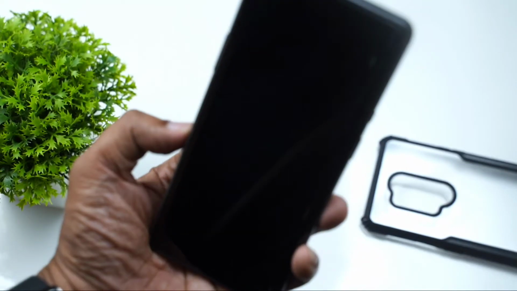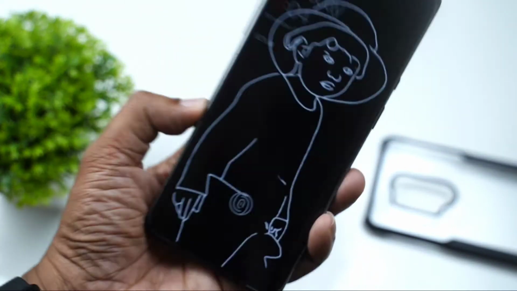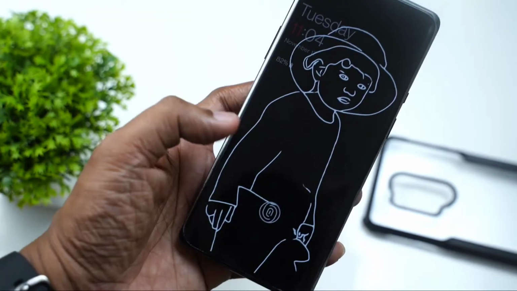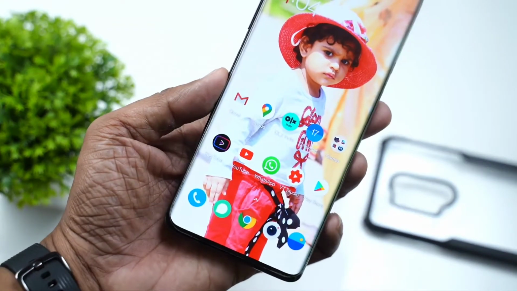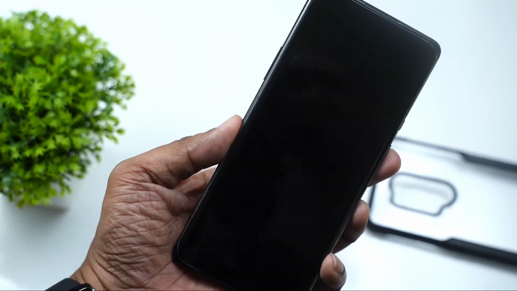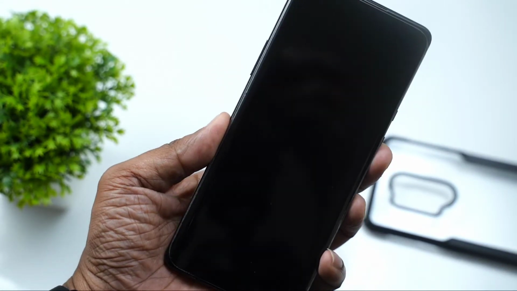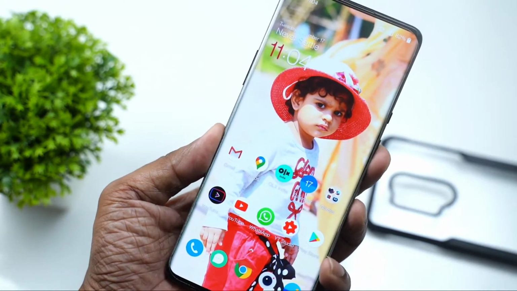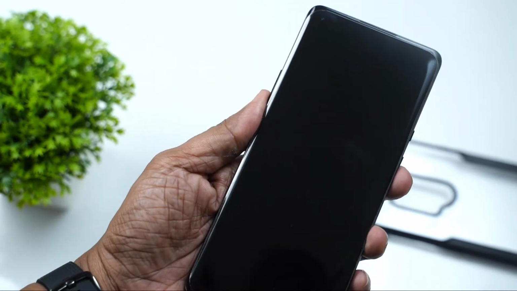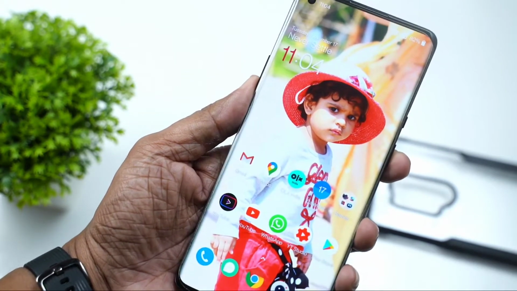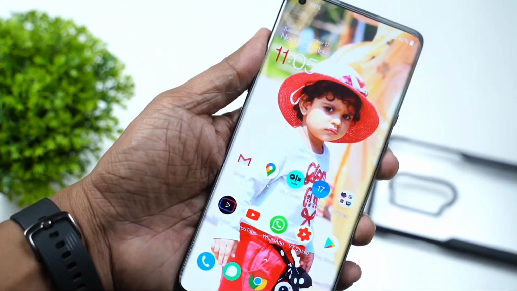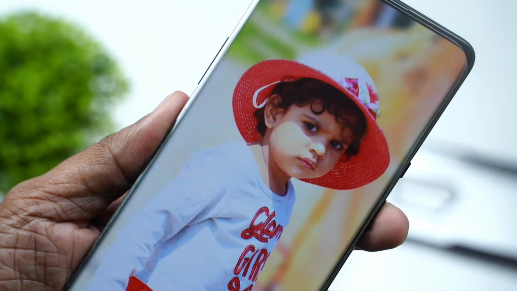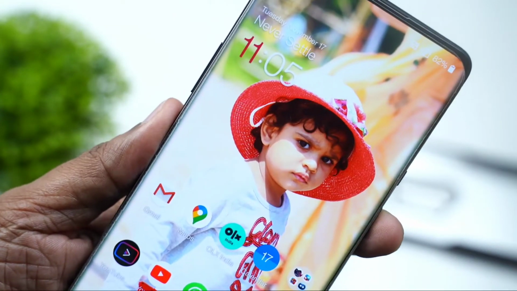It looks really nice. It's a very cool feature. So this is the outline, and once I have this, it did a face scan and went back into the home screen. You can see there is a blur applied around the face background, and once it goes into the home screen, this blur or the background disappears once again. Let me have a closer look. Yeah, you can see that.